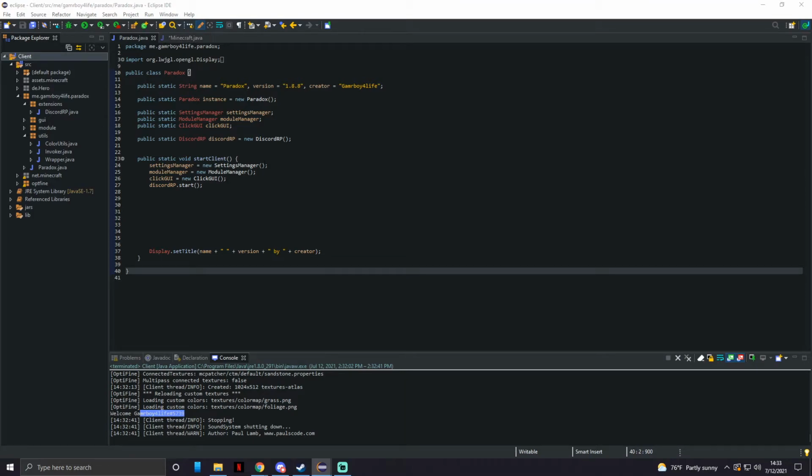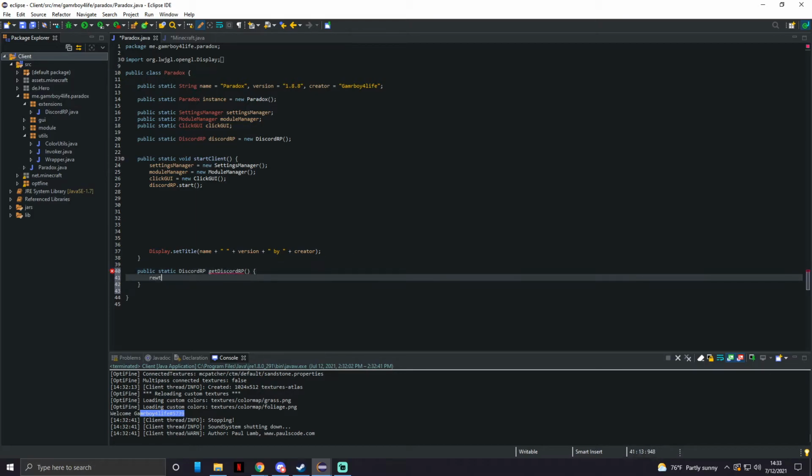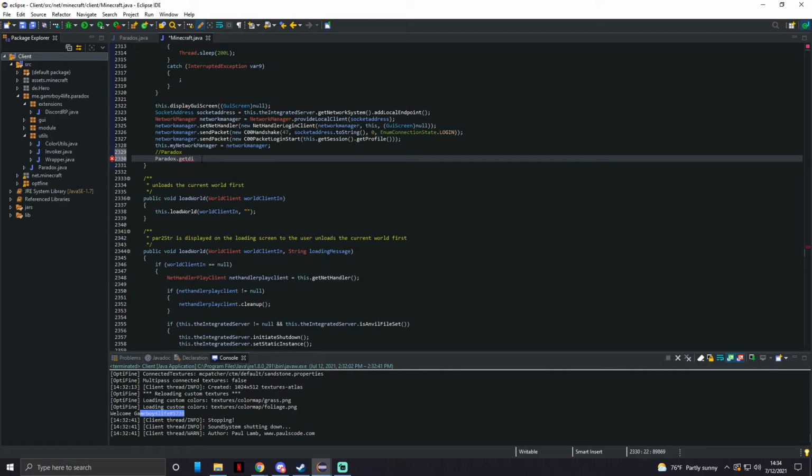Oh yeah, alright, so inside of our Paradox class, we're gonna go down to here, and we're gonna put public static discord rp as get discord rp. This is just going to return as Discord RP. Alright, so now if we go back into Minecraft and do paradox.get Discord RP,